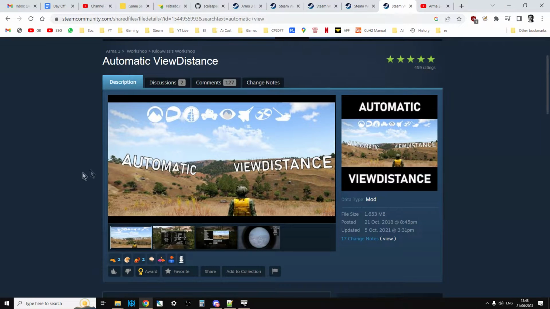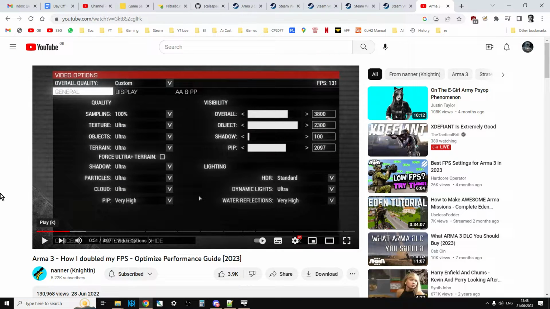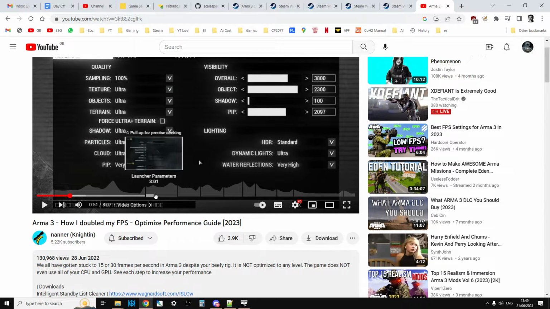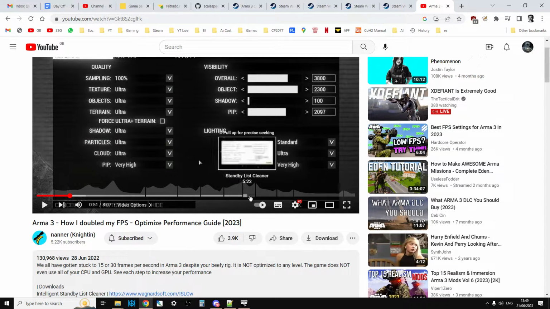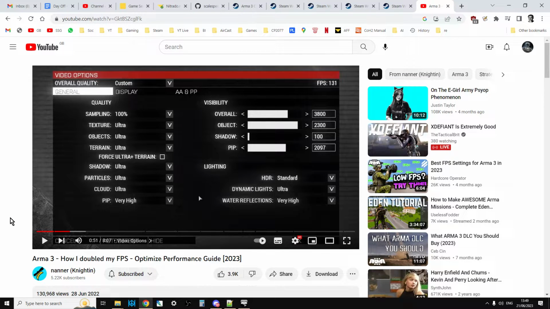And then we have the automatic view distance. Now this is very useful, I think, into making the game run smoother, but what I will also put a link to in the description below the video is this very handy video by Nana, or Night In, where he goes through different ways of improving the performance of Arma 3, and you don't have to do all of them, but it's quite a good guide, and it will get your FPS up,